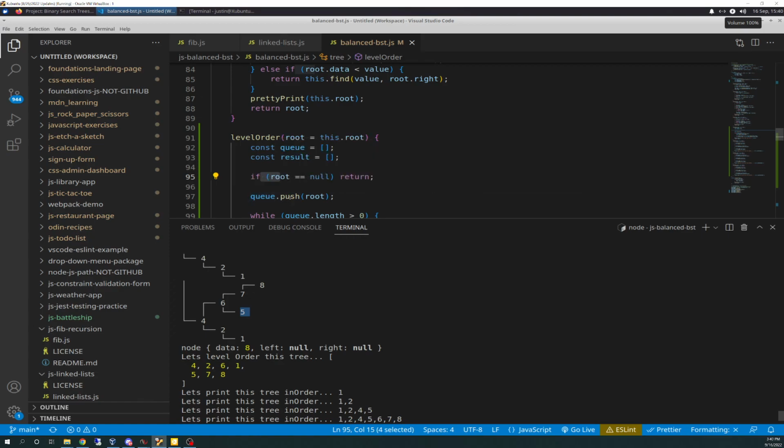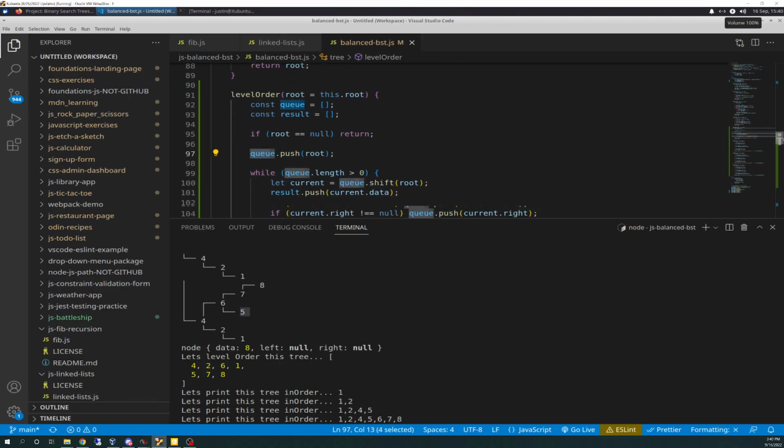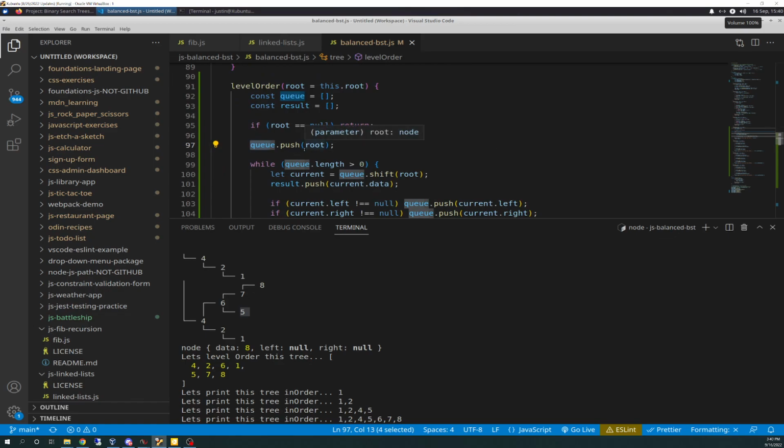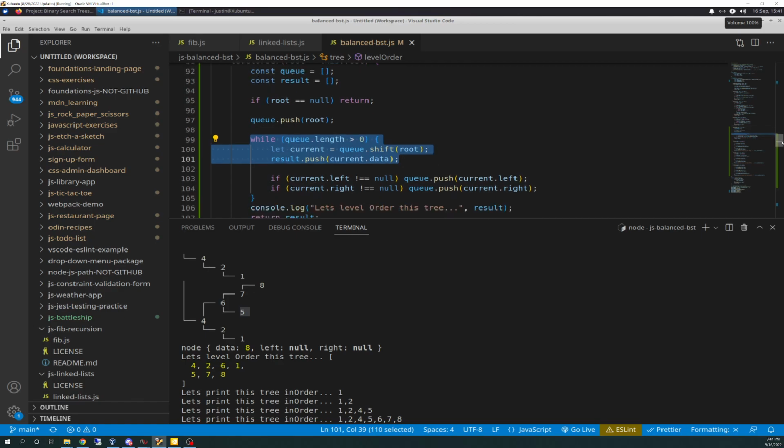continue on, and we're going to push root, whatever is in the current root, into queue. And just like in the text, we're going to use queue as a temporary storage place to run through our call stack, and then when we put our final result out there, it'll go in the result array. So that's why there's 2 arrays. So we're going to push that current root value in the queue, and then we'll have a while loop here. So I'm going to iteratively loop through each root item. So if queue length is greater than 0, meaning there's something in the queue,